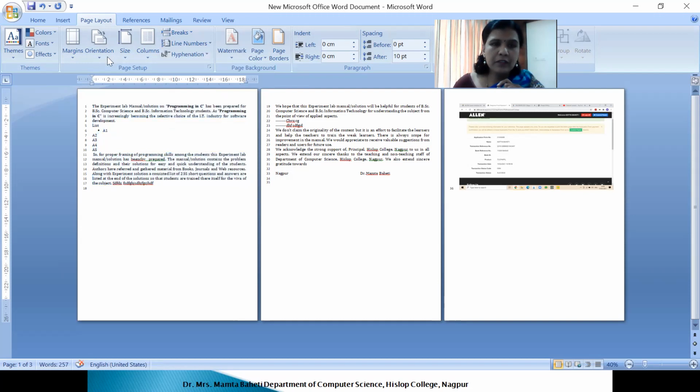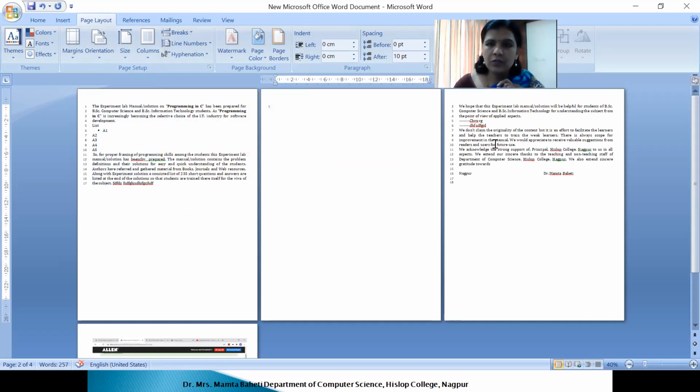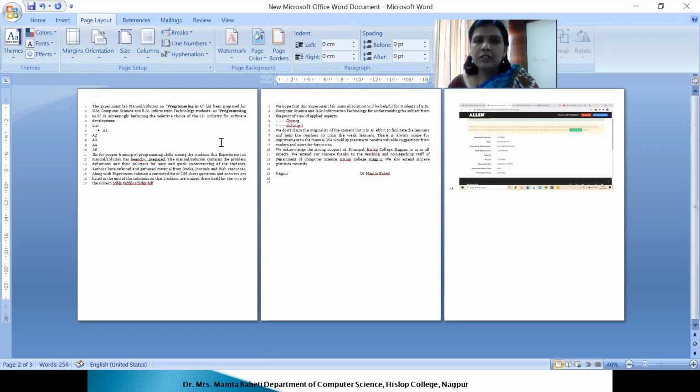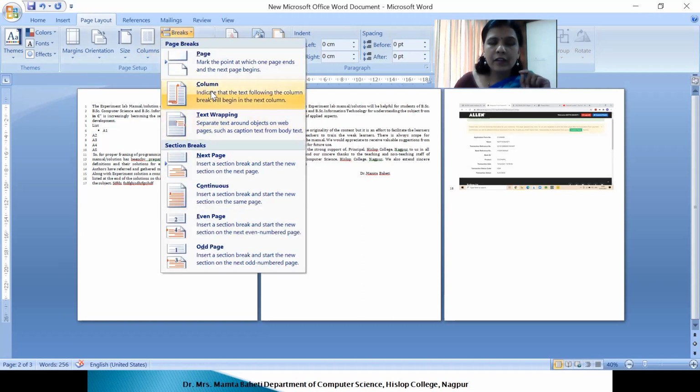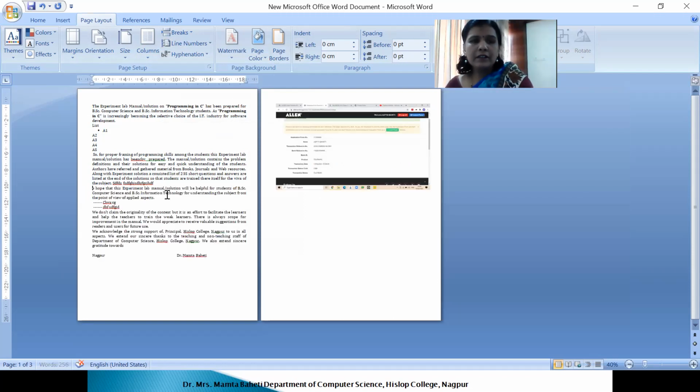If I put here a page break, I'm inserting a section break also. So see here, the new section is starting from here with the page break also. So it is in continuation. These are two section breaks, two different sections being created. Then I'll just remove the line numbers, and remove the contents.